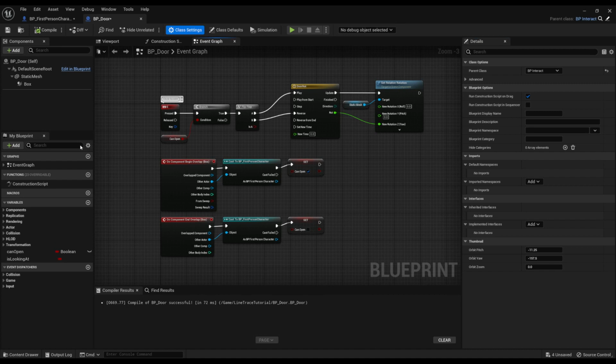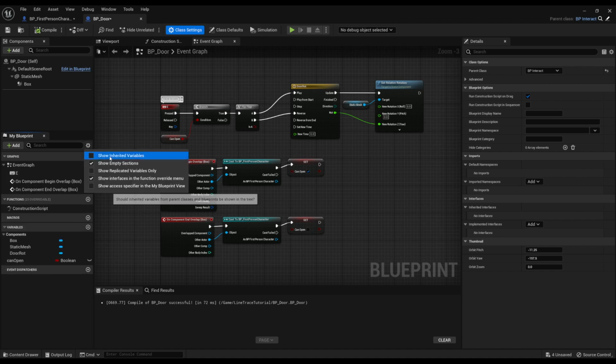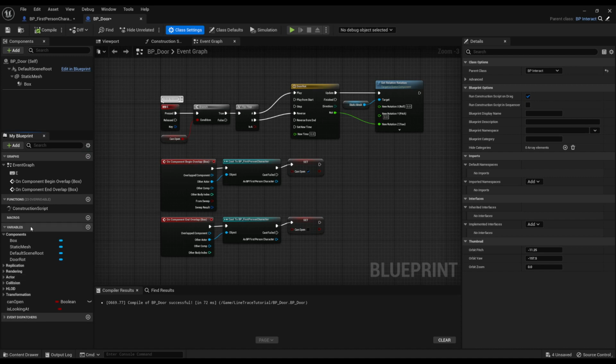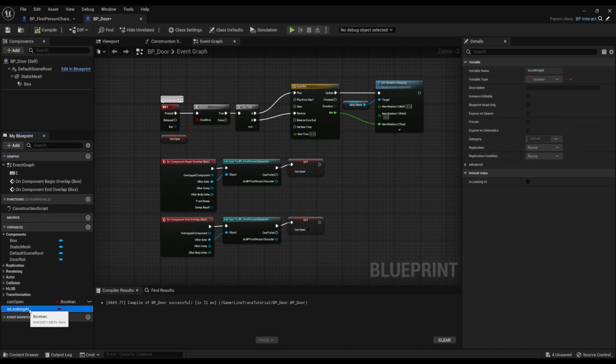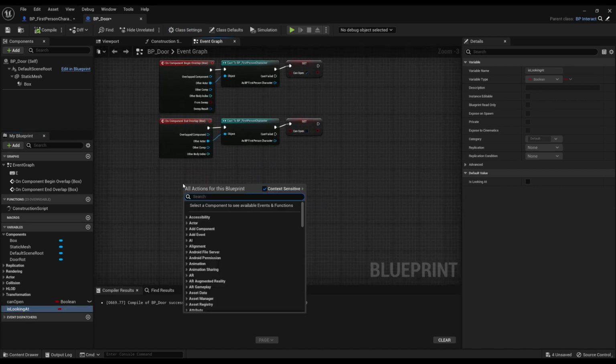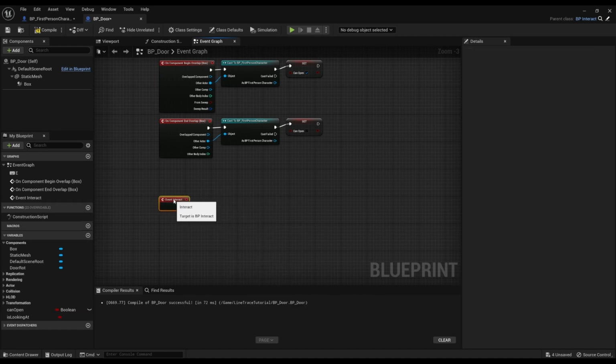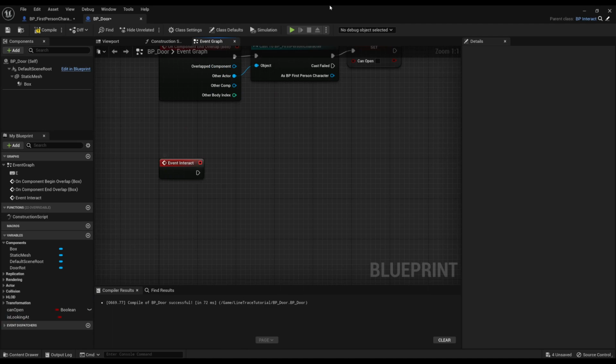class. Mine's already ticked here, but on the left, on the My Blueprint tab, where you can see all of this stuff, where you can add things and everything, at the top right of this window, you can see a cog. Click on that, and then click Show Inherited Variables. When you click this, you can see that there is the is looking at boolean that we've got from the interaction blueprint. And also, if we search event interact, this then comes from the function that we created in the